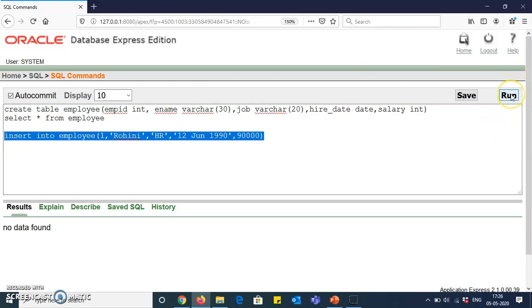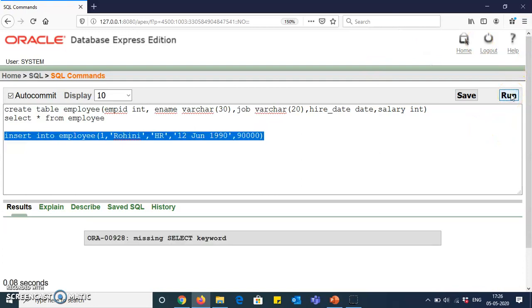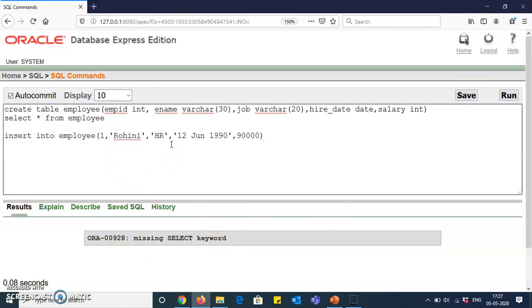So we will click on run now to execute this statement. If I click on it, it says insert missing select keyword. Why was this error there? I have purposely done this because if you only write insert into employee, see, if I miss a single keyword from this, it will give me an error. So what I need to specify over here is that I need to insert values. See, it is mandatory to specify all the details while executing the query. So I need to specify insert into employee values. If you write only value and leave out this S, still you